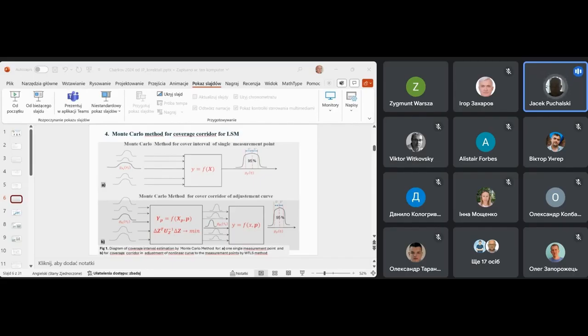We have no problem if you have a simple formula analytically with any mathematical operation. If you have an explicit function, it's easy to find from the input distribution of any variable in input the final distribution. It's only one variable for y, and it is very easy, for example using quantile estimates, to estimate the coverage corridor. But